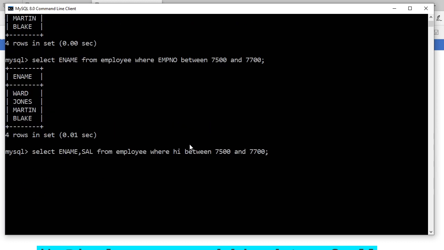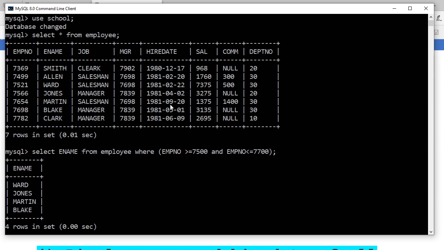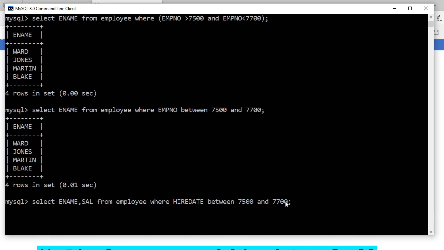You see hiredate. Purposely I put in all these dates so that the confusion will be cleared. Hiredate between. Now you have to make me a date. Which date starting from? Tell me in proper format. Your format is year, then minus mark, then month, then minus mark, then day. Hiredate between 1981. 1981, then what is given? From this to this, 02 to 20.